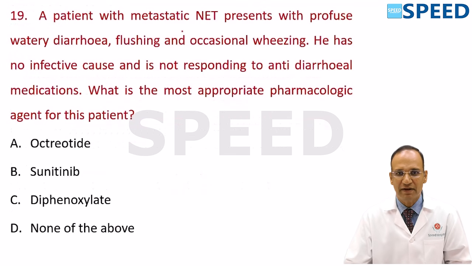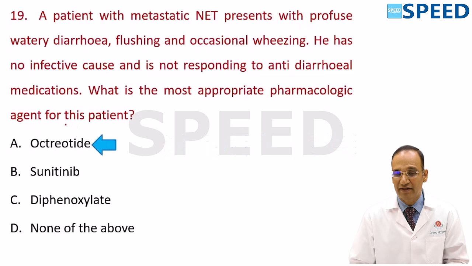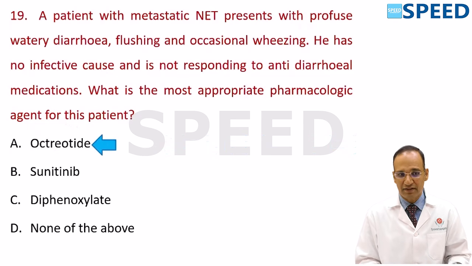A patient with a metastatic NET, neuroendocrine tumor, presents with profuse watery diarrhea, flushing and occasional wheezing. He has no infective cause and is not responding to antidiarrheal medication. What is the most appropriate pharmacological agent for this patient? The answer is octreotide. For any kind of NET or PNET, the most important drug we use is octreotide, somatostatin